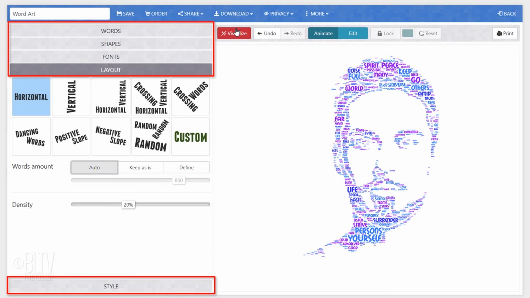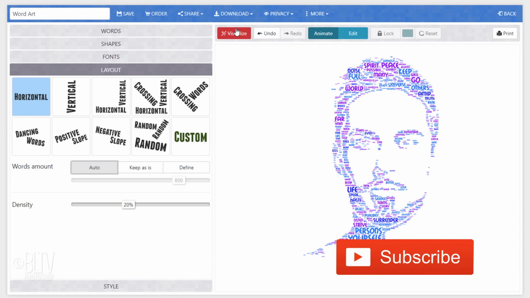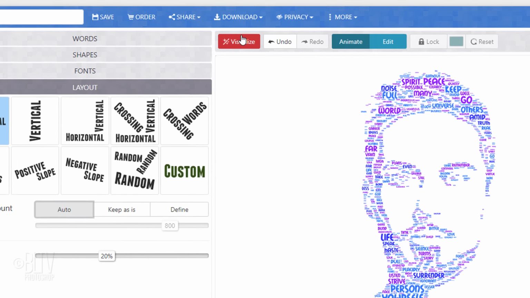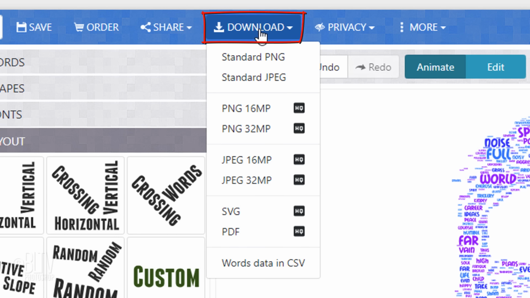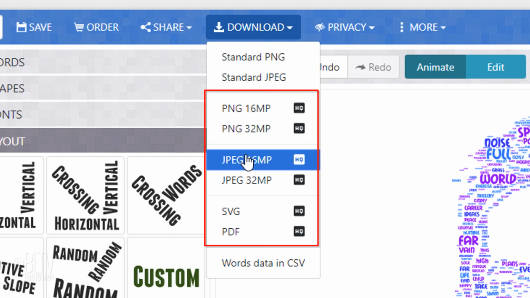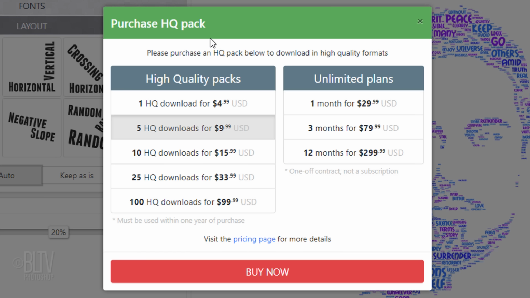Continue to experiment with all the sections until you're happy with your portrait design. To save the image, click the Download button. We can save it for free by clicking on either the standard PNG or standard JPEG. However, its size and resolution will be smaller than the fee-based options below them. If you want to download your word cloud design in high definition, click on any of them to see its pricing. Since I'll save my design as a free standard JPEG, I'll close this window,